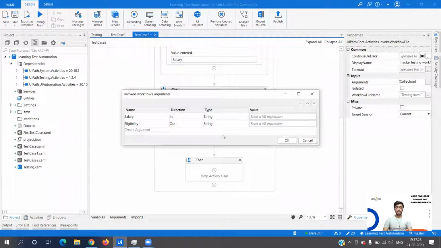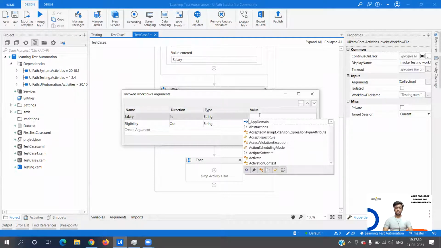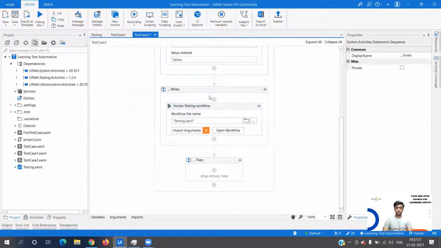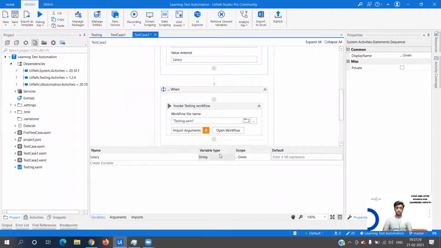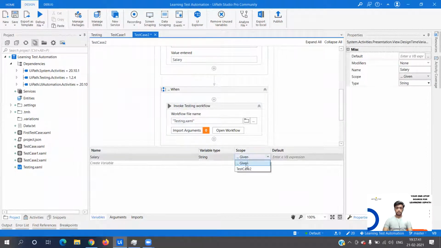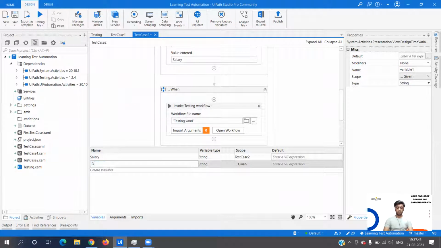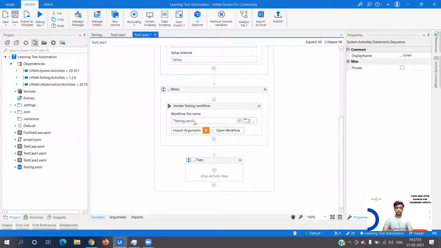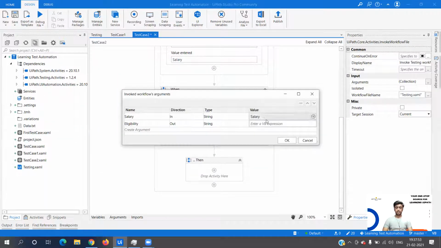Let me import the arguments. The value here is going to be... let me cancel this. Variables. Let me make the scope and declare one more as output. Okay, and let me import this again.